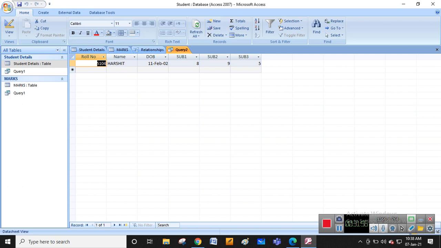For this, everyone has to do the practical: how to make the primary key, how to create a table, how to make the relationship between the tables, and how to retrieve or extract the data. If you have not understood, again go through the video slowly, you'll understand. Clear? Having any doubt?